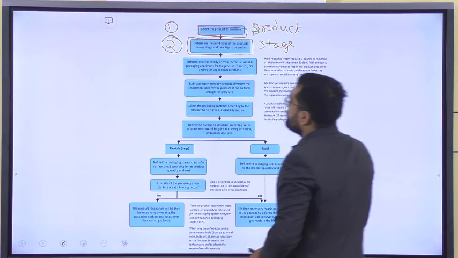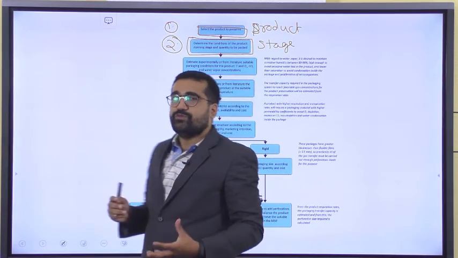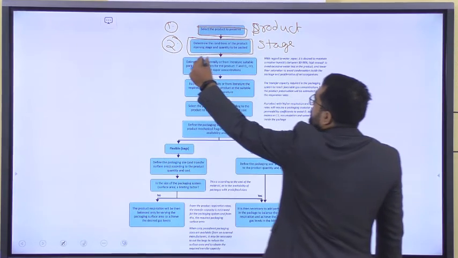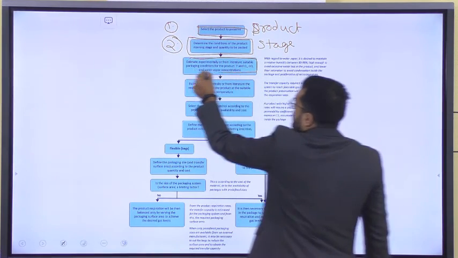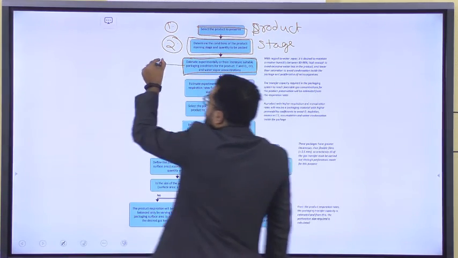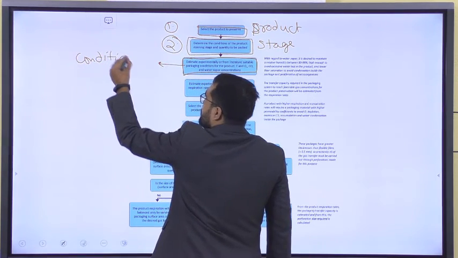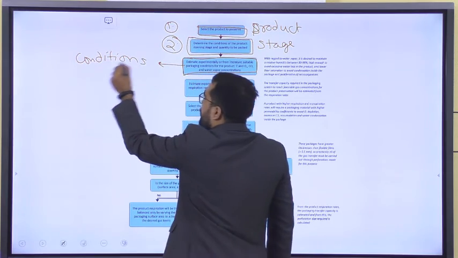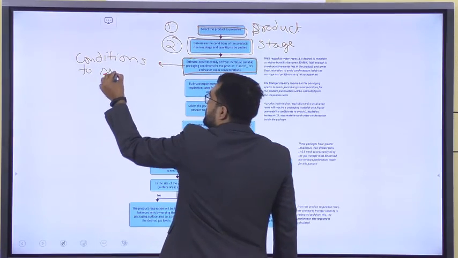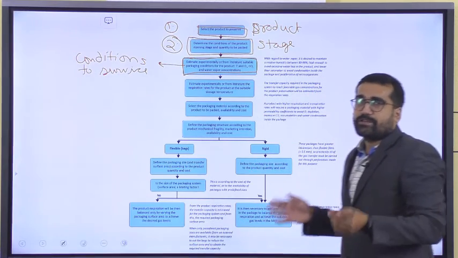The next is to estimate from the literature how much CO2 or oxygen is needed to survive, how much nitrogen, oxygen, and what are the suitable conditions for temperature and water vapor concentration. The third one is conditions to survive. This we can either do experimentally or refer to the literature. What are the conditions to survive of our product, at what condition our product generally survives.